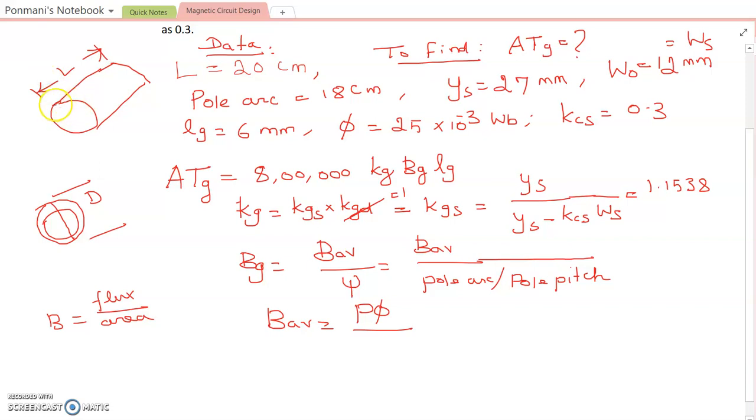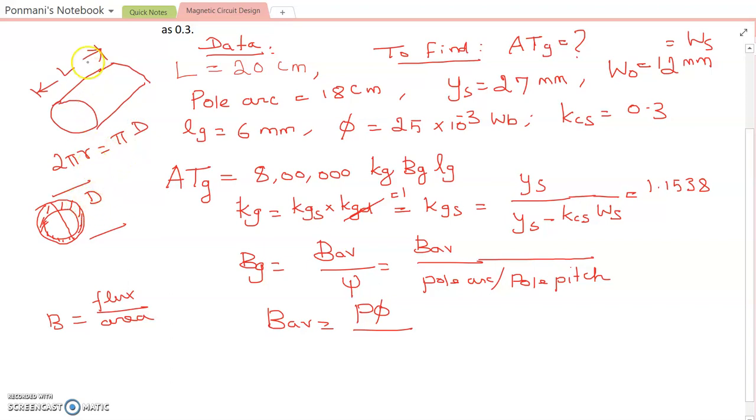Okay. So we need to calculate the air gap flux density. So this is actually the air gap. For this, the outer diameter is D. I have taken this as D. This side is 2 pi r, so this length is 2 pi r, multiplied with this L, and that is the area. This circumference is 2 pi r, which is equal to pi D.